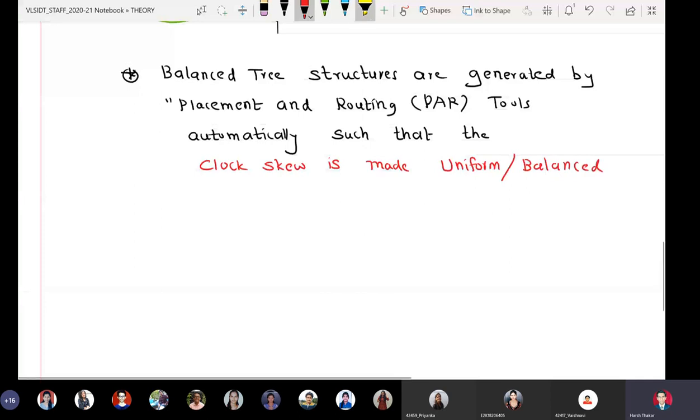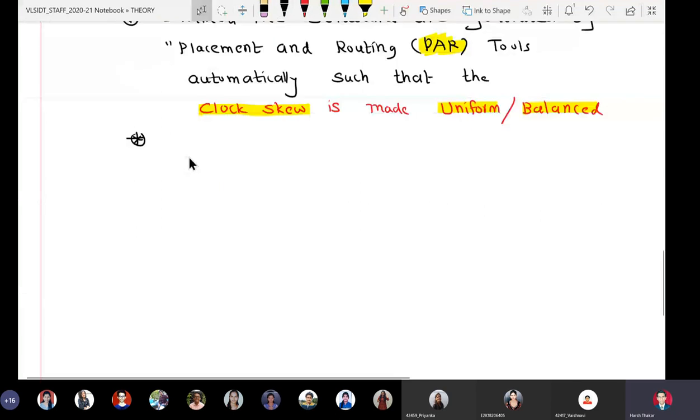Okay, they're generated by place and route tools such that the clock skew is made uniform or balanced. So as before, the clustering approach remains the same.